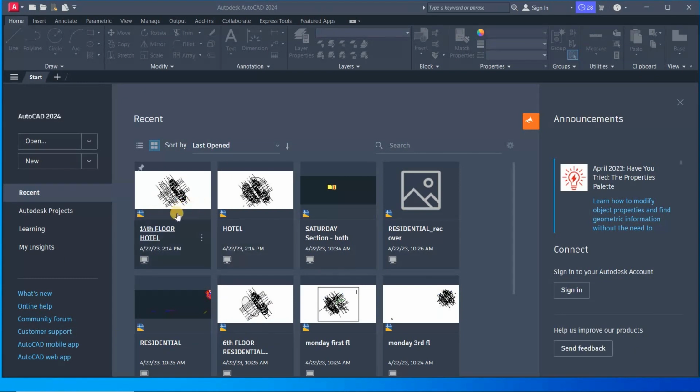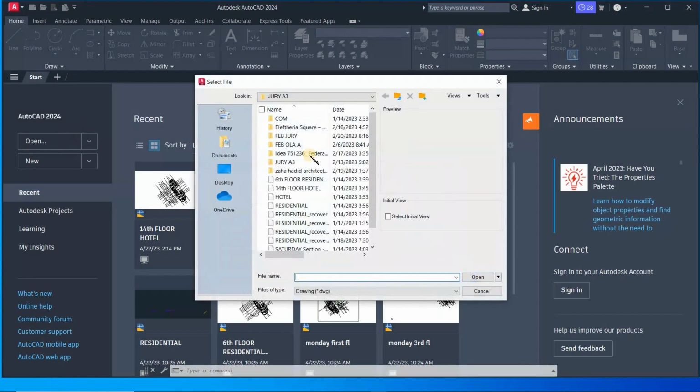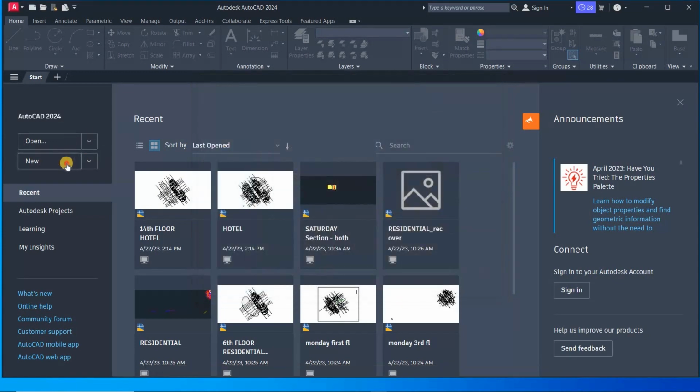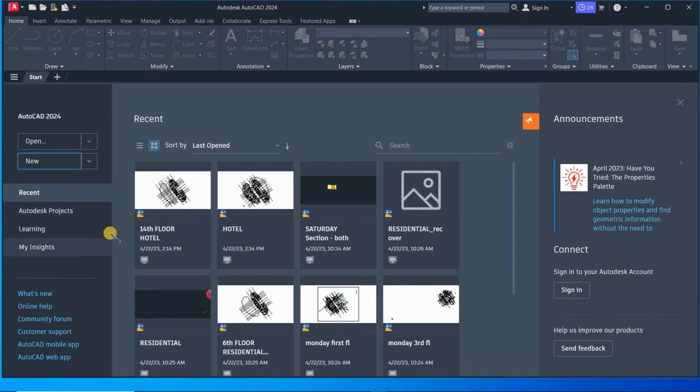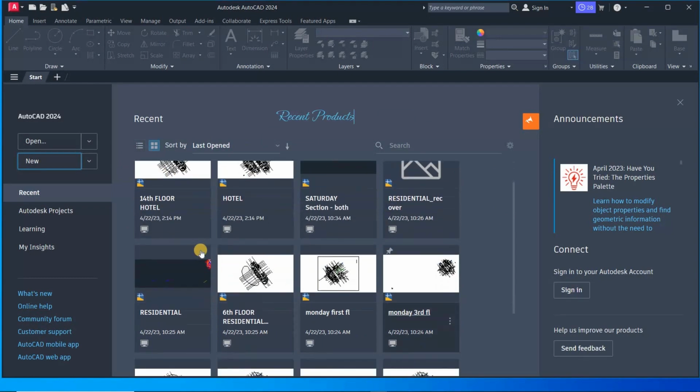And in this welcome screen, we have sections wherein you can open an existing AutoCAD drawing. And aside from that, we also have options. Apart from selecting this to click open, we have options where we can start our drawing new from scratch. In addition to that, in this 2024 user interface, we also have options for us to look at recently worked